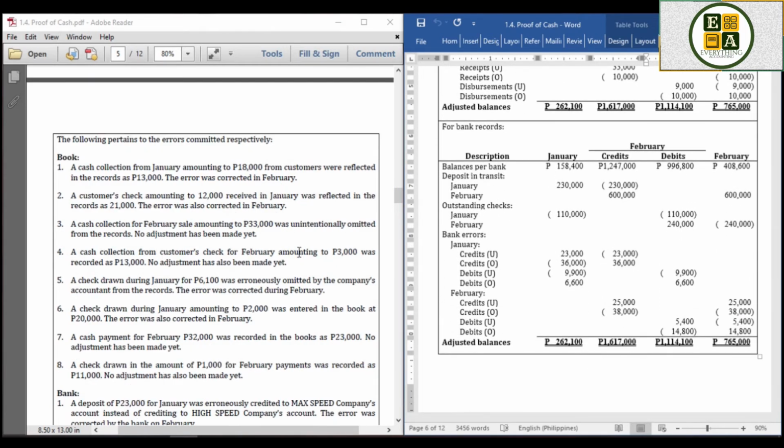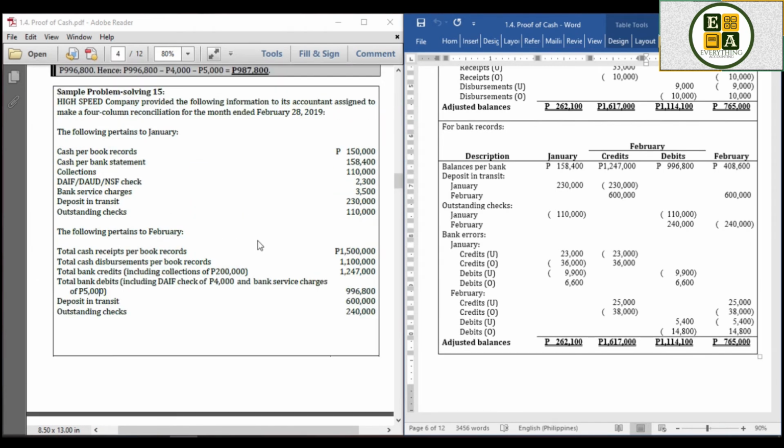Yan. So, balik ako dito sa itaas. Okay? Yung balances per bank, kung makikita nyo, meron tayo ditong cash per bank statement. So, yan yung 158,400, yan yung ilalagay natin dito. Okay. Then next, yung credits. Hanapin yung credits. Yung total credits natin, merong 1,247,000. Yan yung ilagay dito. Sir, tatanungin mo, bakit hindi dinidagdag si 200,000? Kasi nga, credit din yan. Lahat-lahat ng credits ni bank,